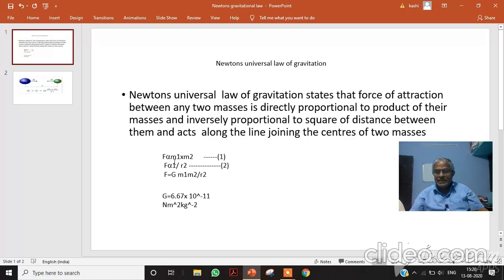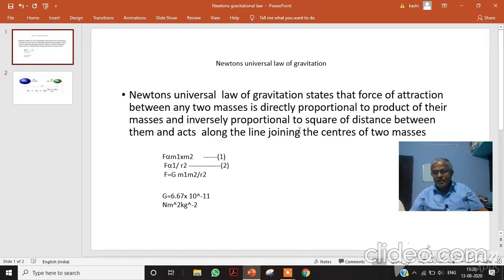So, F is directly proportional to the product m1 into m2. This is the first equation. And it is inversely proportional to the square of the distance. The distance between them is r, so its square is r square. It is inversely proportional, so we write F is inversely proportional to r square, F is equal to 1 by r square. This is the second equation. From this we get F is directly proportional to m1 m2 by